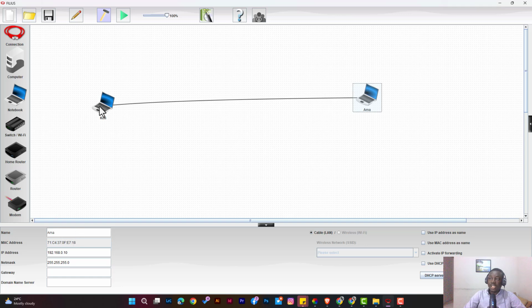So now when you click on Kofi's notebook and you come to the properties here, you see that we have name, MAC address, which is the physical address already assigned to the device. Then we have the IP address, and this is the default IP address that Filius assigns. But when I click on Ama's device, you see that Ama's IP is the same as Kofi's IP. And that is not possible because on a network, every device must have its own unique IP to be able to communicate. So I will try and assign, let's say, to Kofi's device,